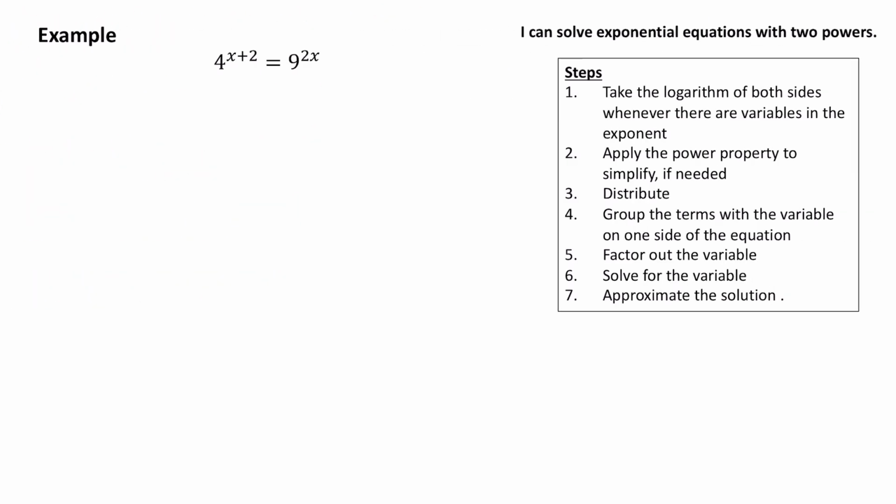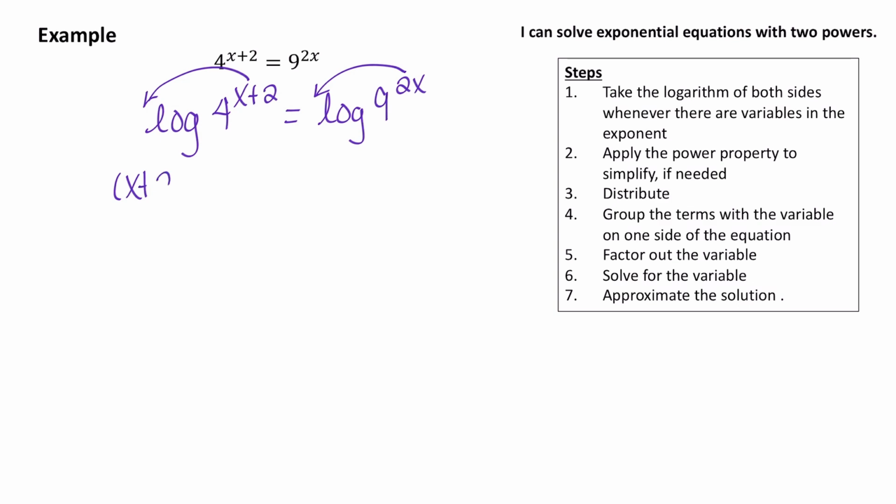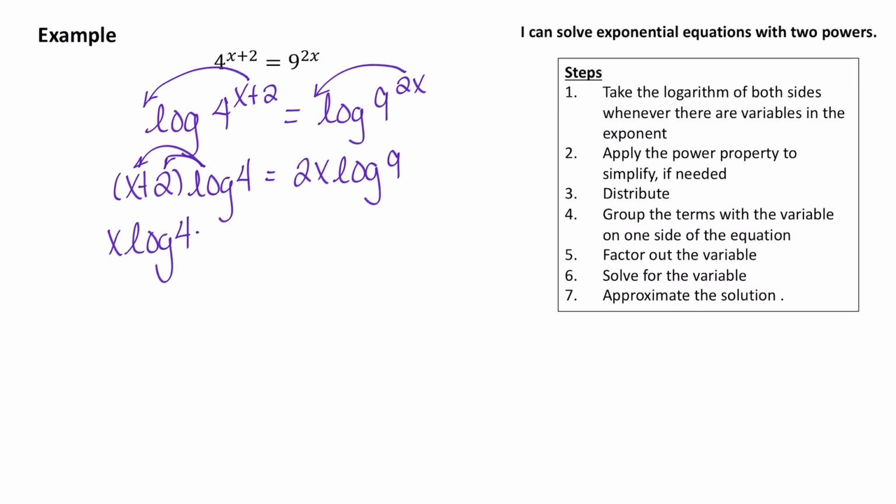So now let's try this equation. We have 4 to the x plus 2 equals 9 to the 2x. So once again, I'm going to take the log of both sides. So the log of 4 to the x plus 2 equals a log of 9 to the 2x. So I'm going to bring that exponent down in front. So I have x plus 2 log 4 equals 2x log 9. So I'm going to distribute this log 4. So I get x log 4